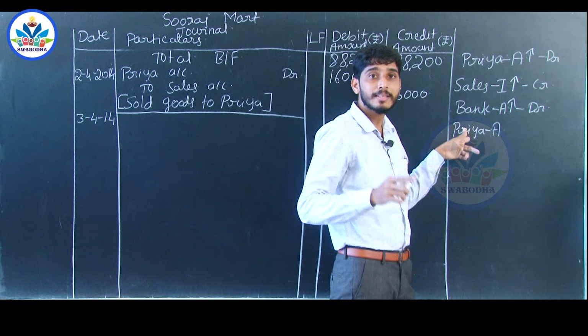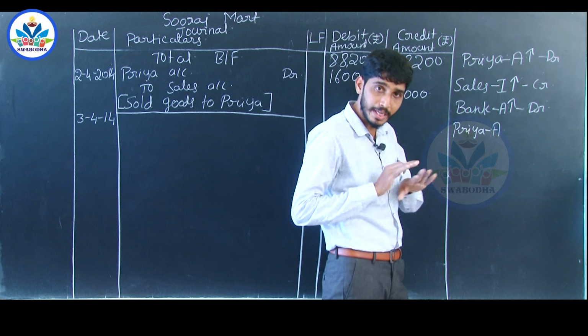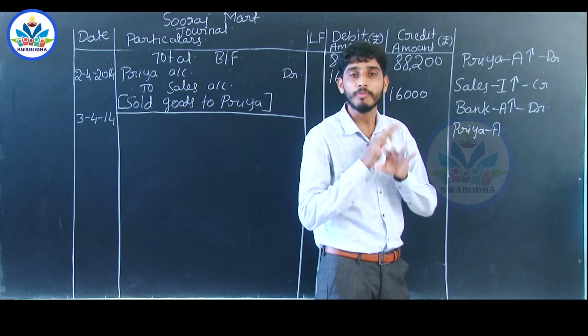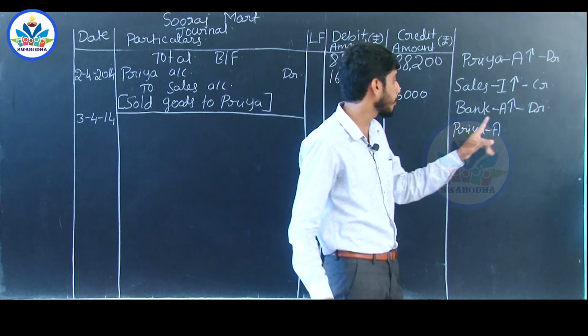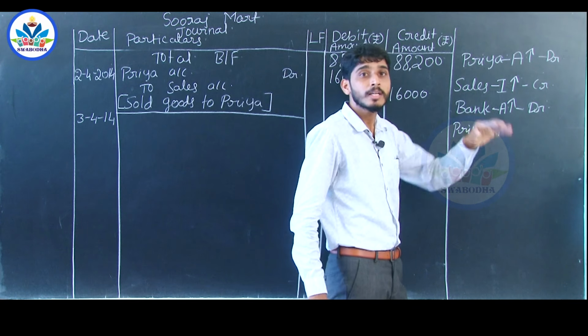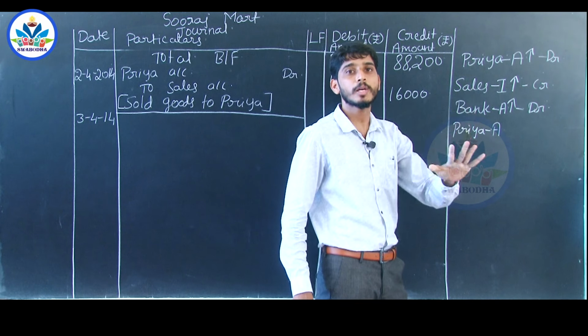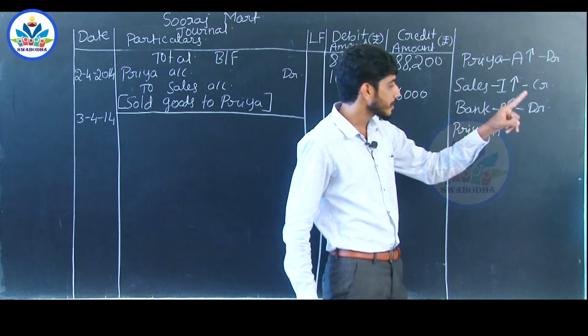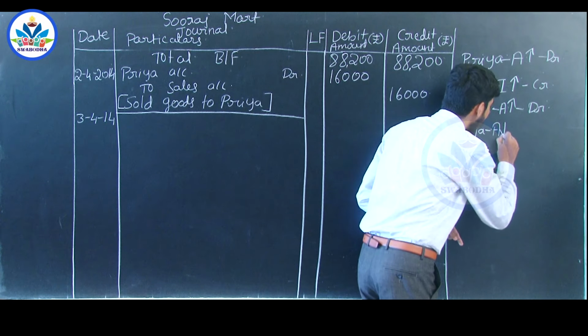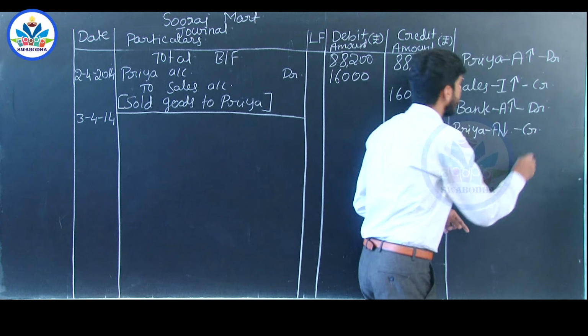Now, we had the right to receive. She has repaid the amount. That means anymore we do not have any right to receive from Priya. To that extent, the debtor value decreases or it comes down. When the debtor value decreases, debtors is an asset, decrease in the asset has to be credited.